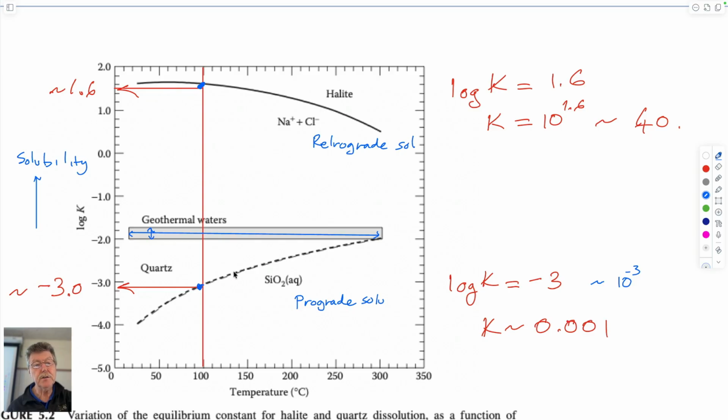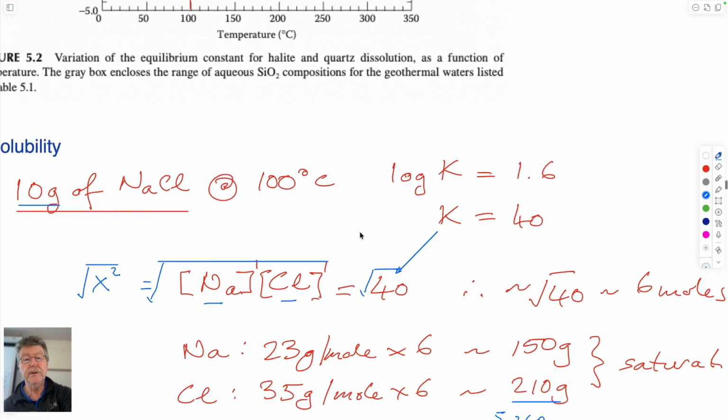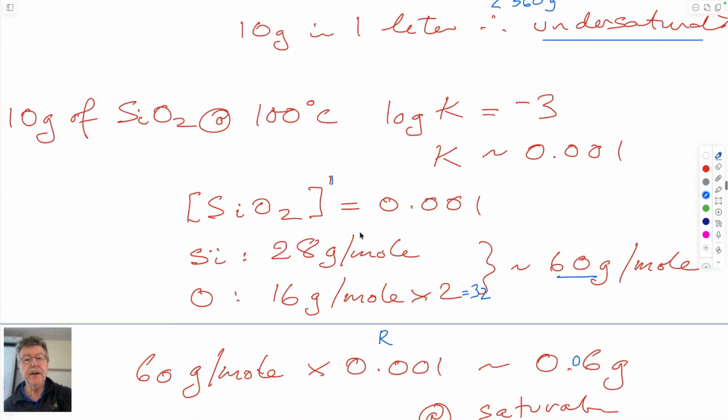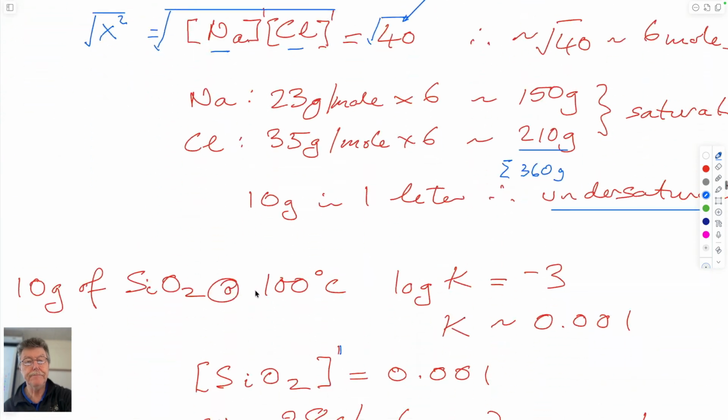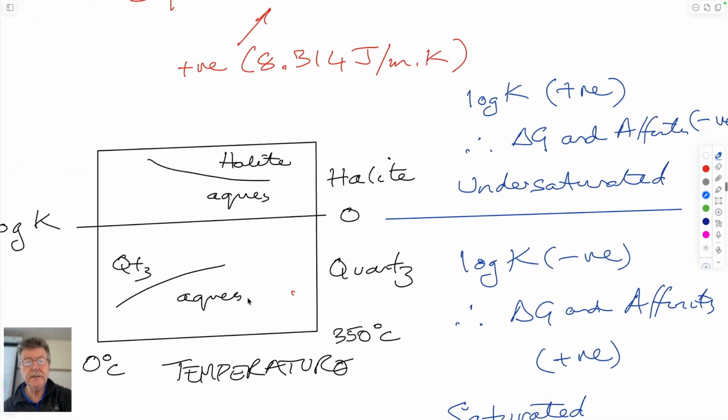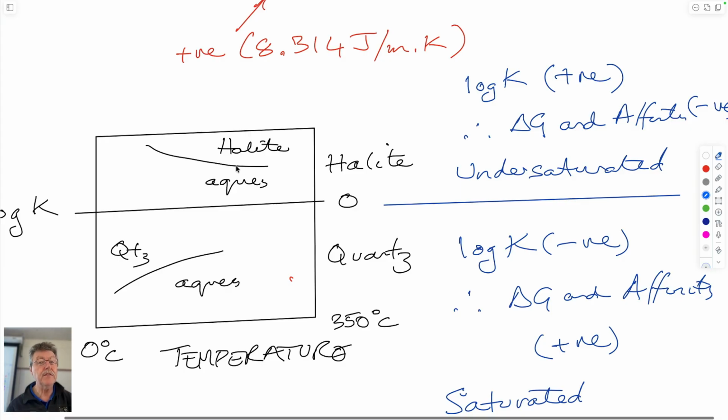And so-called prograde solubility is where, as you increase the temperature, it is able to dissolve more and more material because it has more capacity in the water to take it. In this case, as you increase the temperature of the water, it has less and less capacity to dissolve the solid into it. And so these fundamental behaviors have different consequences for behavior within geothermal reservoirs. And it's given by the shape of these curves, one decreasing with increasing temperature and one increasing with increasing temperature. So this graph tells us something about this behavior in terms of retrograde and prograde